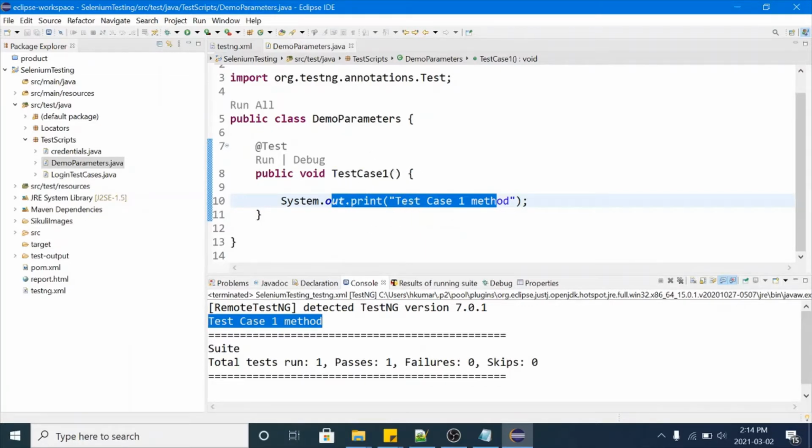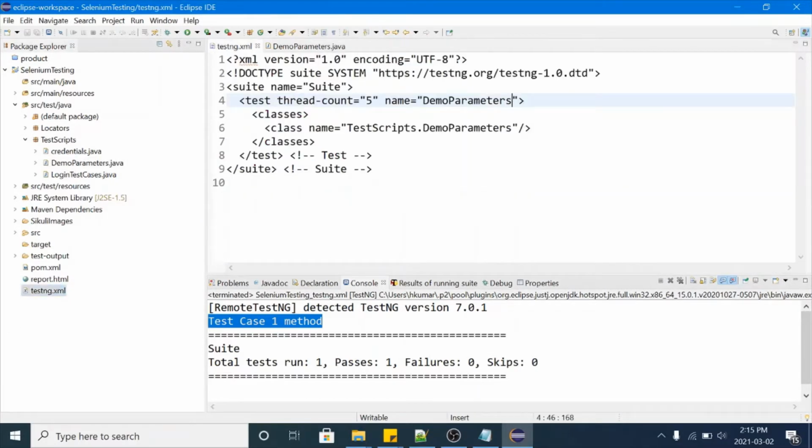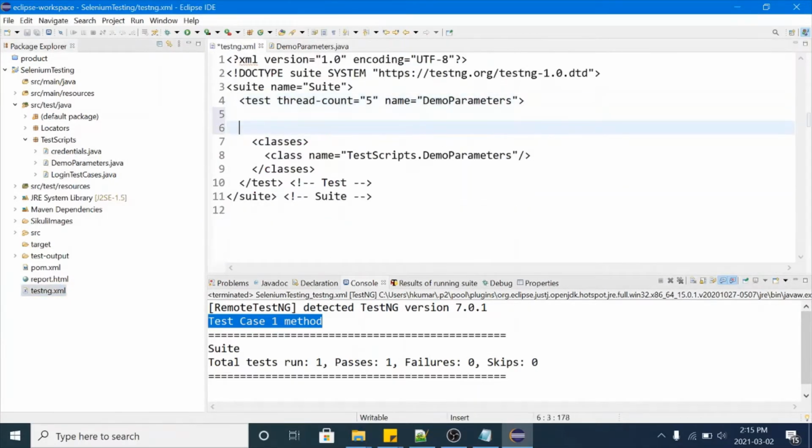Okay, now let's suppose we have to pass some parameters in this script. Okay, let's suppose we have to pass some name and some other variable. So how can you pass these names to these scripts? Okay, so in testng.xml, first of all, in test annotation you can use parameter.